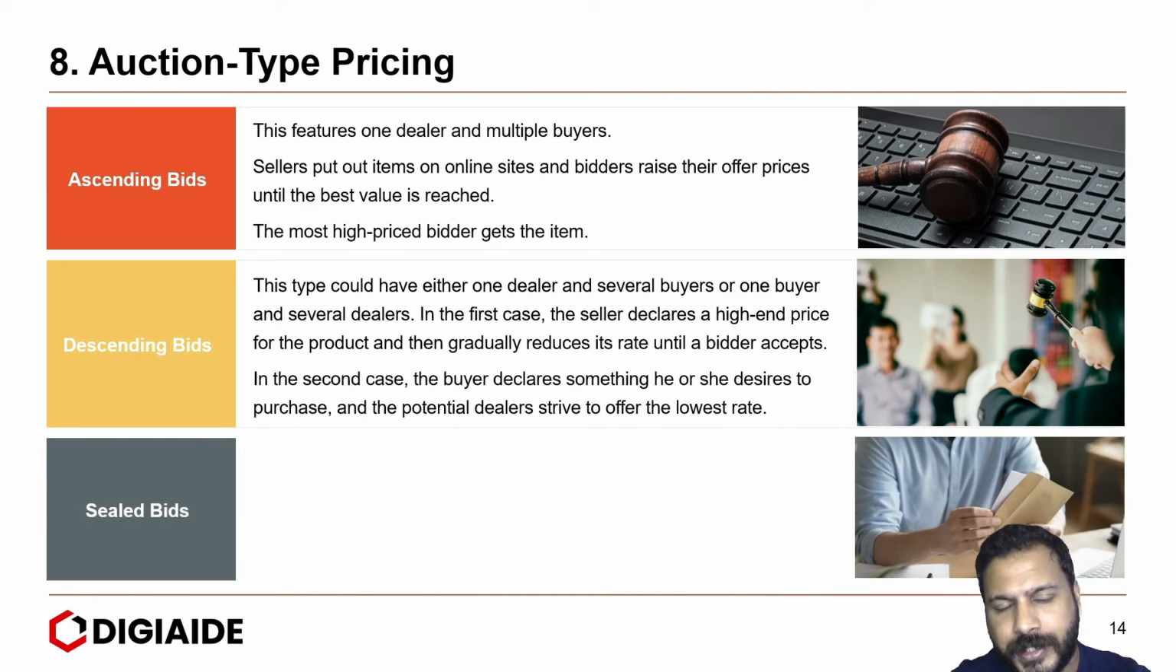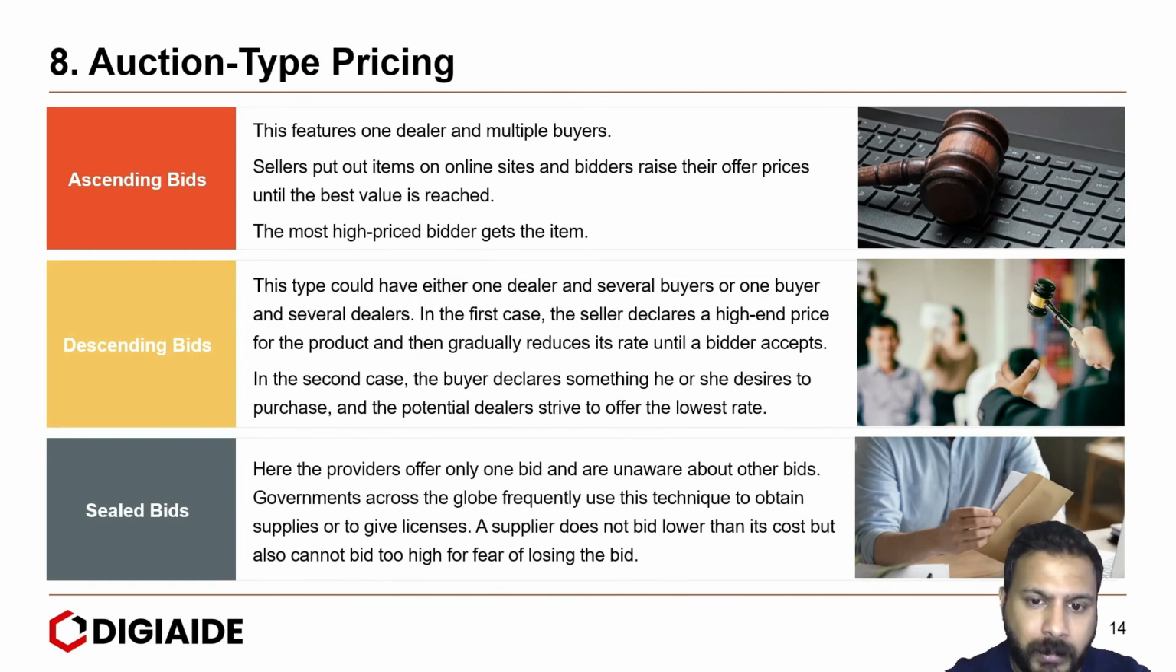And finally, sealed bids. Here the provider offers only one bid and is unaware of other bids. Governments across the globe frequently use this technique to obtain suppliers to give licenses. The supplier does not bid lower than its cost, but also cannot bid too high for fear of losing